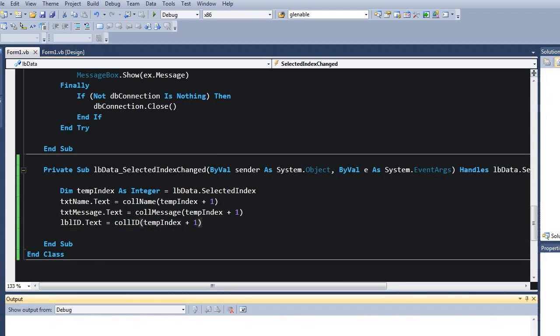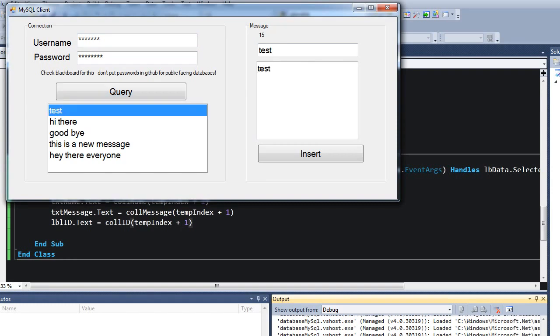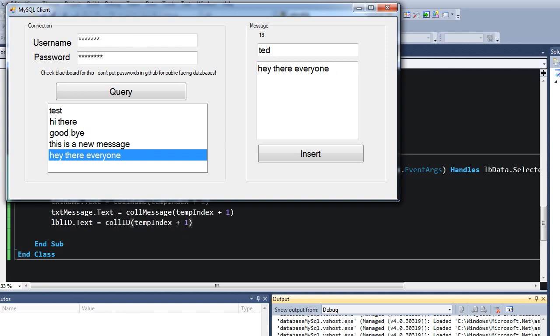Typically, you wouldn't ever display an ID to a user. That's something that's sort of behind the scenes, and I have it as a label because that's not something we'd ever want to change. That's something that is assigned to us by the database every time we do an insert. It's an auto increment field, which means that it'll increment the existing ID by 1, and that ensures its uniqueness